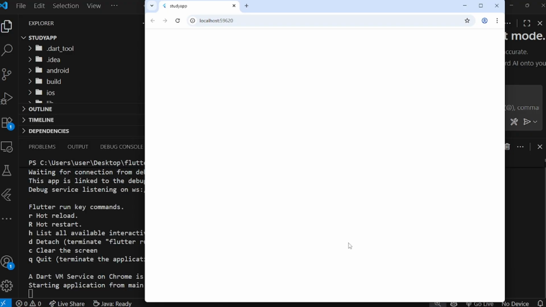The other way is also to be able to connect to your own device. So currently, this is running on Chrome, right? But you want to have it on your actual Android mobile phone, right? So what happened is that for that particular one, you need to make sure you